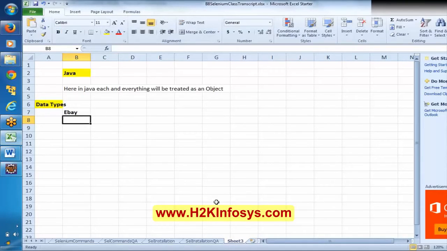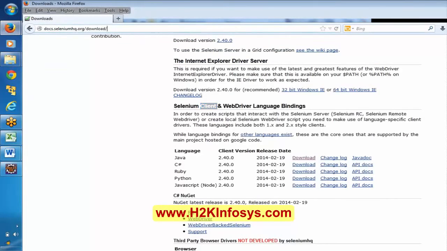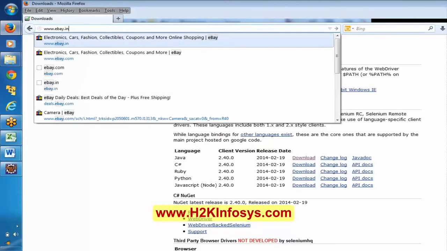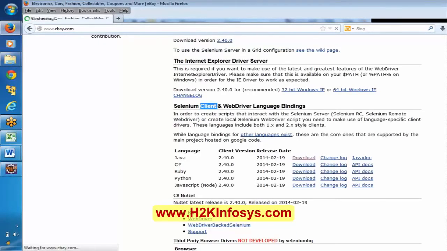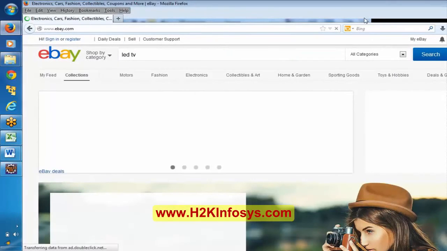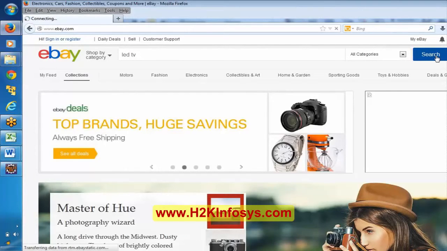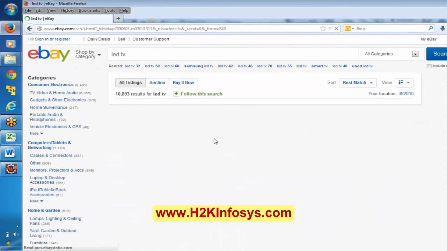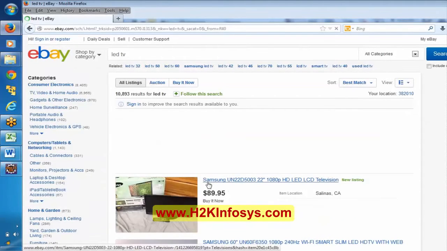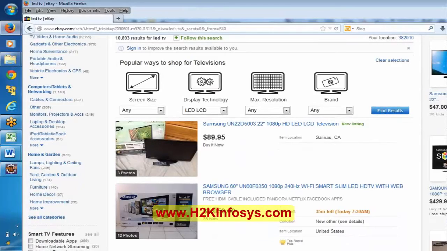In an eBay application, when I'm doing a search, it is giving a kind of data here. It is talking about some item and its code and its price, some location.